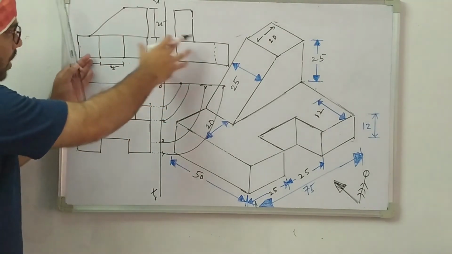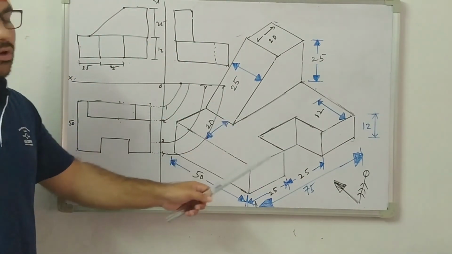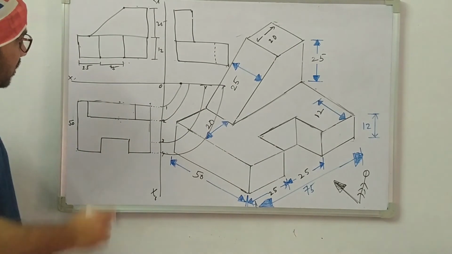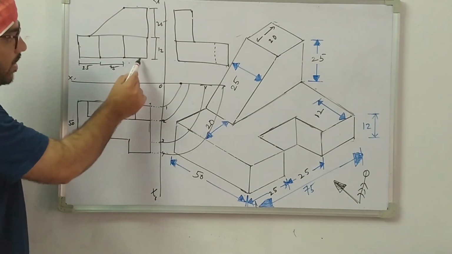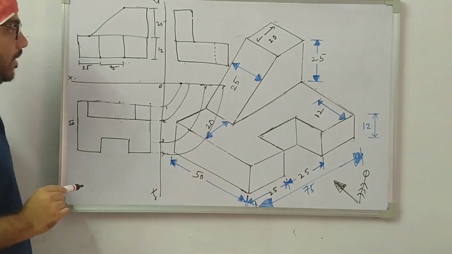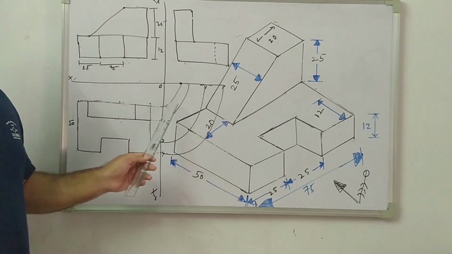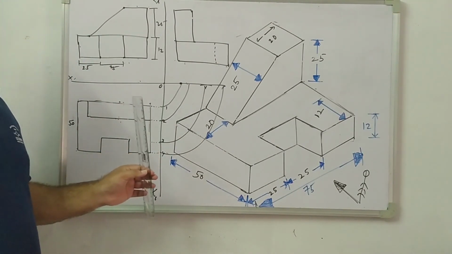Whenever you club all these front view, side view and top view, again you will get this diagram. So maintain the same distance with respect to the reference line. For example, if we have taken 20 mm here to here, you have to take the 20 mm only, the height. So we constructed the two-dimensional object, and I hope you understand. Thank you.